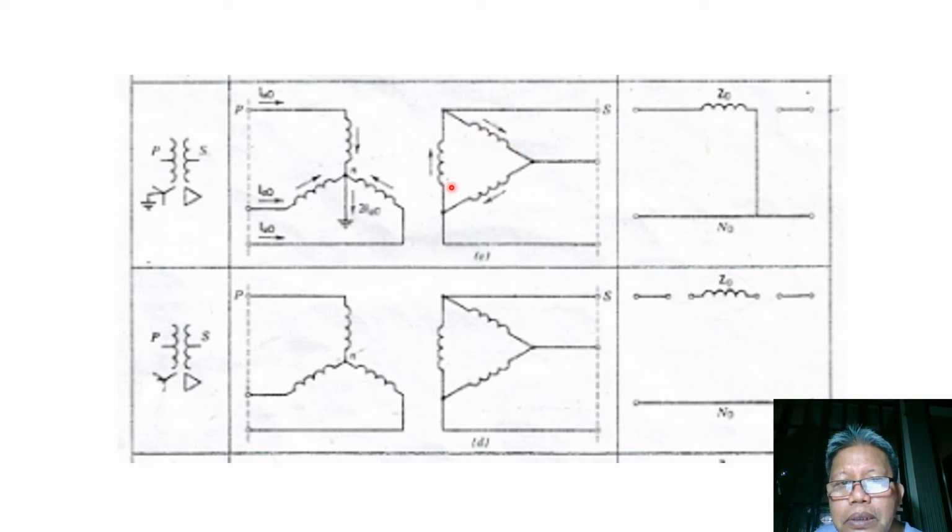And this winding also will produce short circuit current in its pair. So in other words, the short circuit currents produced in the delta are series aiding, and they just circulate in the windings. They cannot go out to the secondary. Why? Because if this current is equal to that, then applying Kirchhoff's current law at this point, there will be no current flowing here.